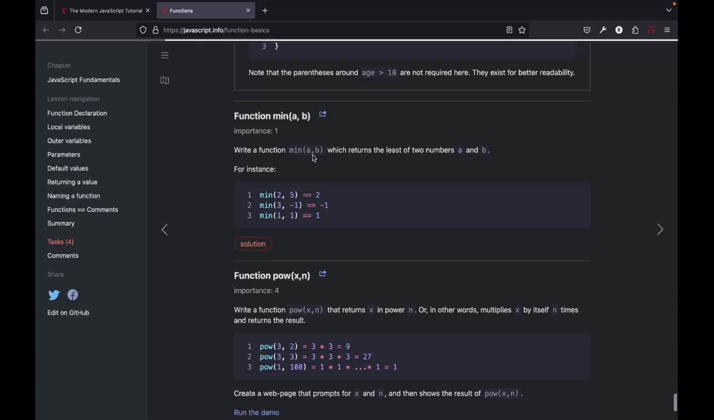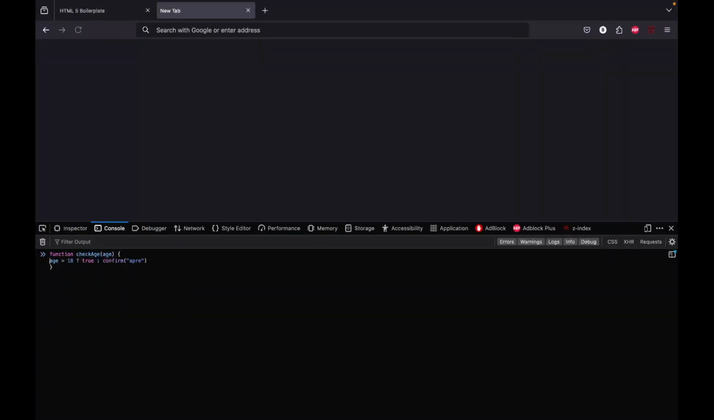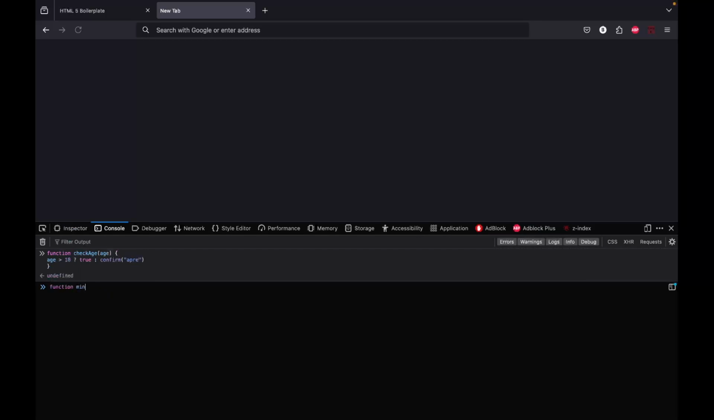Function min. Write a function called min, which returns the least of two numbers. All right, so we'll do function min. We'll take a, b. And then there's a couple ways we could do this. We could do if a is less than b, return b, or no, return a because a is smaller, else return b. Or we could do